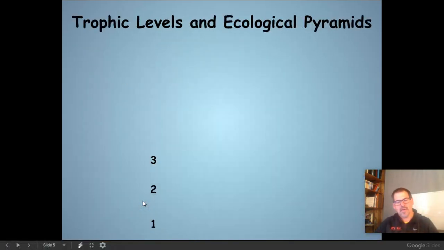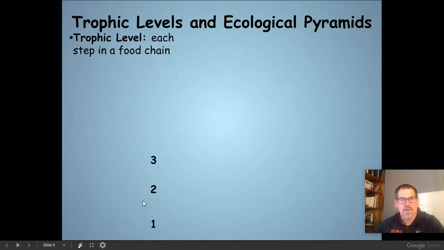All right, so now here's the main big idea from this section: this idea of flow of energy and trophic levels and ecological pyramids. Please make sure you're paying careful attention, taking careful notes in this section. All right, so a trophic level is just simply a step in a food chain. So a 4-level food chain: producer, first level consumer, second level consumer, third level consumer. That's got 4 steps in that food chain. That has 4 trophic levels.